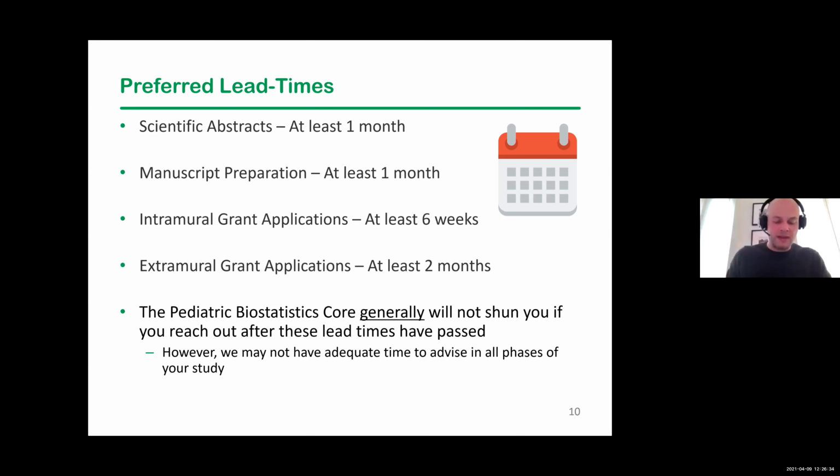With that said, if 10 people come to us and ask for help, probably 3 or 4 are going to come to us less than a month from their targeted deadline. And in the past, we've generally not shunned those people or turned them away. We've almost always done our best to help everybody we can and meet the deadlines that they ask us to meet. But I will say, as our demand has increased over time, demand for our services, and I will say our group is looking to increase by an N of 2 this year.